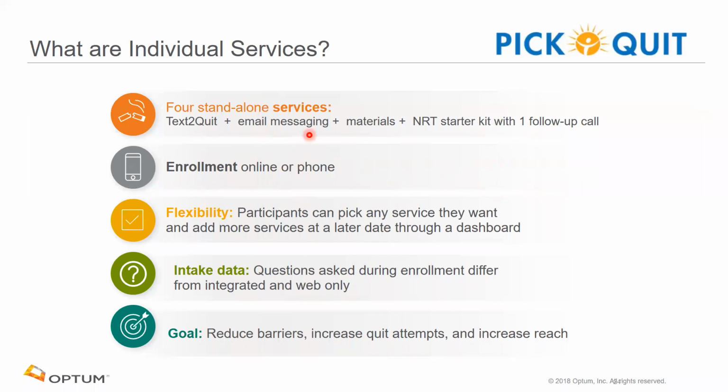Or maybe just engage with email messaging, since it may be a better modality for that patient. And so enrollment for these individual services can occur via online or phone. So there's no difference in referral from the provider perspective. It's the same referral from either the phone or the online portal. And so it allows that flexibility, and the intention is to reduce those barriers, increase quit attempts with patients, and